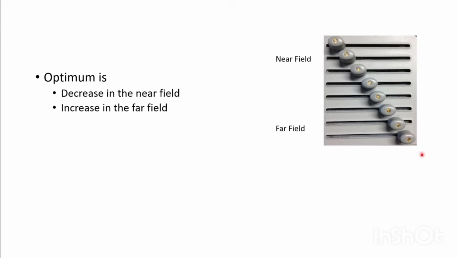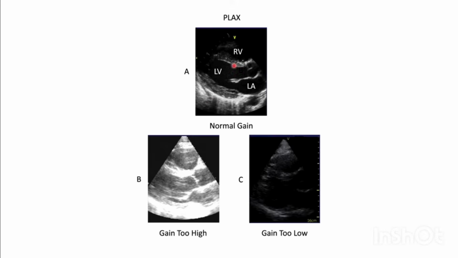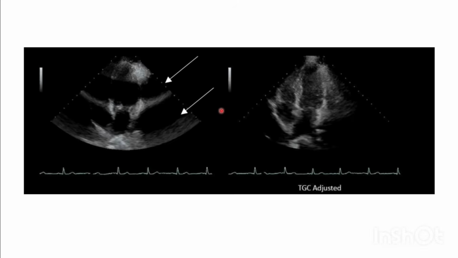So this is the optimum setting which they say, but typically when we image, we just have to manipulate even the near field also a little more. So it is our personal preference, and based on what we see, we can adjust accordingly. So this is a normal gain. Here the gain is too much and here the gain is too low. This is the overall gain actually. So this is how the TGC works,